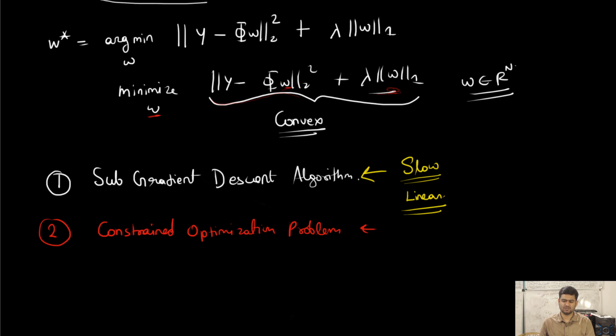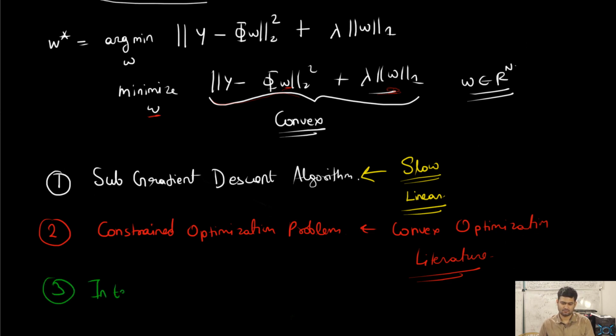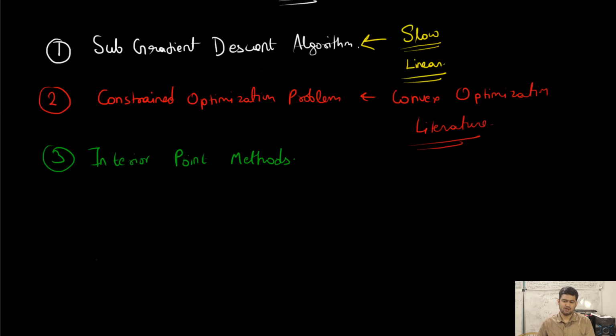And use various algorithms in the convex optimization literature. To solve this problem, we can use various second order methods. For example, we can also use interior point methods to optimize this. But then there's one special algorithm discovered to solve this one particular optimization problem, which